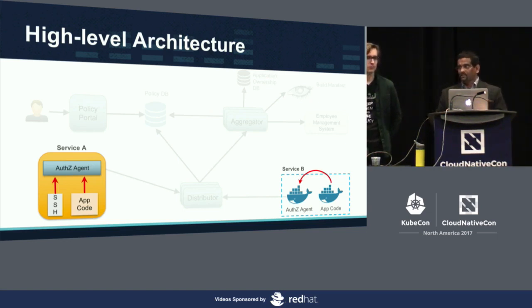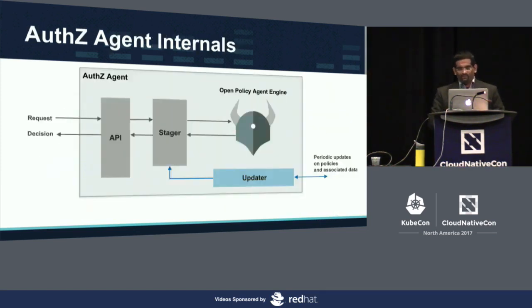The authorization agent is sitting right there. In the case of a pod, it's still probably right next to each other, so you're not spending a real network round trip. Now, if you zoom in a little bit into the agent itself, it has two paths: a hot path and